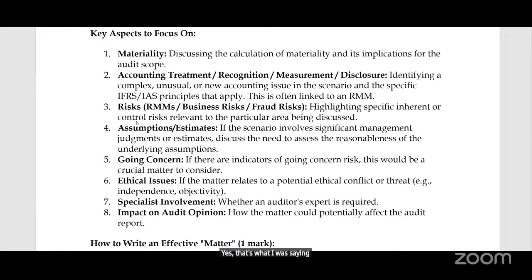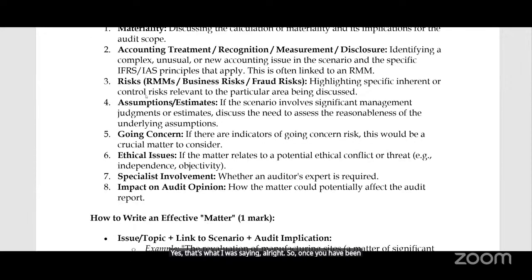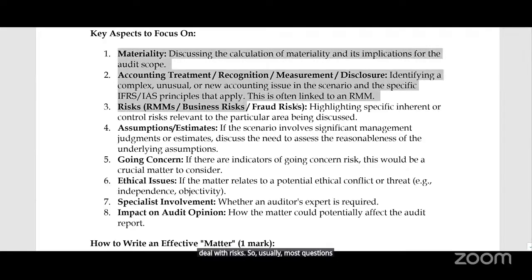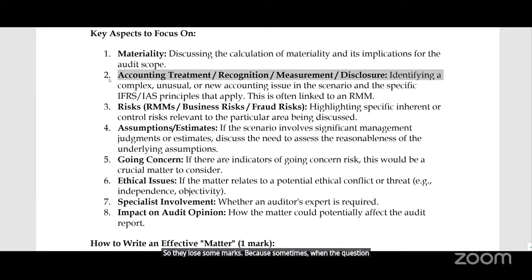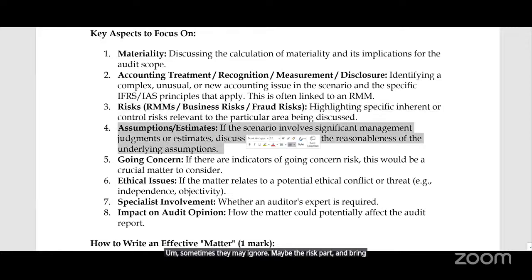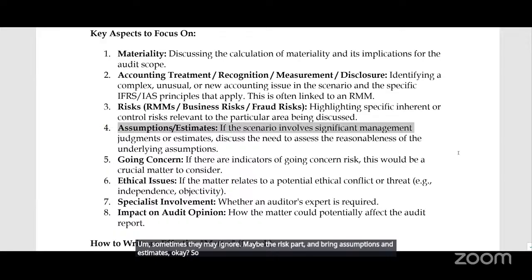All right. So once you have been able to deal with risks, usually in most ICA questions, students only get here. So they lose some marks. Because sometimes when the question comes under matters and evidence, they may ignore the risk part and bring assumptions and estimates. Okay. So sometimes you have to learn how to audit